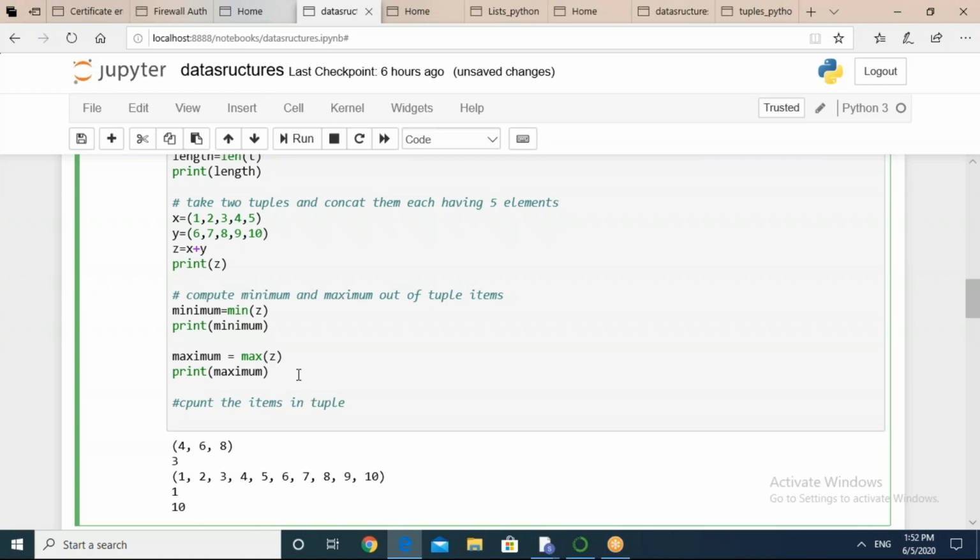Yep. So I told you that length and count are not same. If it is about counting the elements in tuple, length will be used. And if you want to count specific item occurrence, then count will be used. I hope it is clear. So length we have already computed. So if you want to compute occurrence of specific item, then count will be used. So let us do it for the item. Let's say any item, if it is repeating,